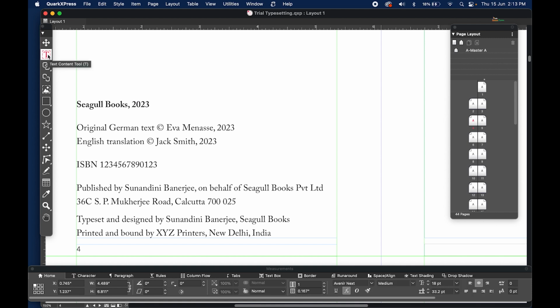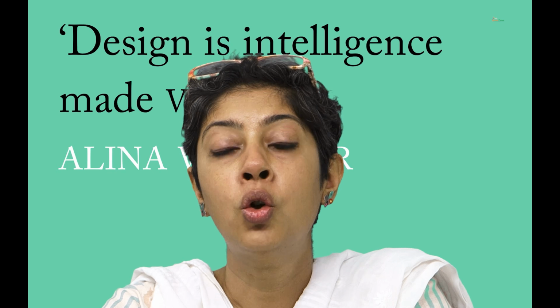The name of the publication, the publishing house, and the name of the publisher, the copyright for the original language text in the case of a translation, otherwise at least the English text or whichever language you're publishing in. It could be Hindi original copyright such and such, Marathi original copyright such and such, and so on and so forth. We must have the ISBN number, which is the International Standard Book Number, and without which no book is